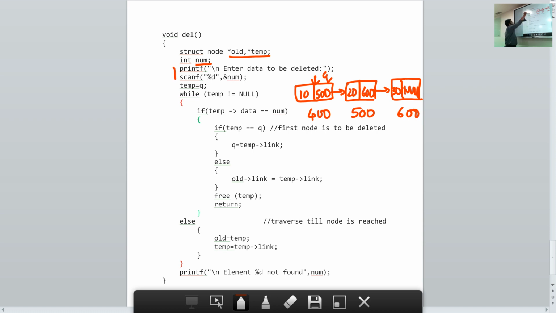In the next 2 lines of code, we ask the user to enter a number or the data of a node which should be deleted. So suppose the user enters the value as 20. So that means if you look in the diagram, we are going to delete the second node. So in the next step,